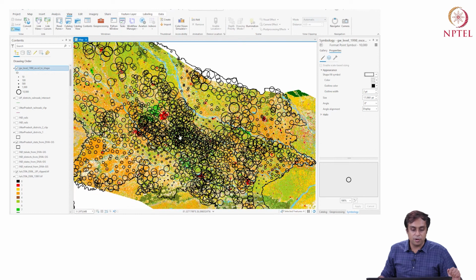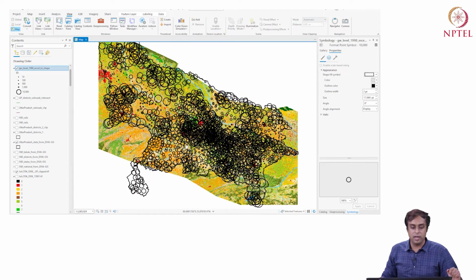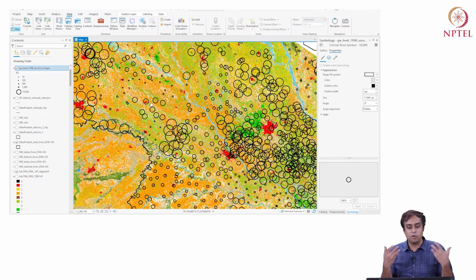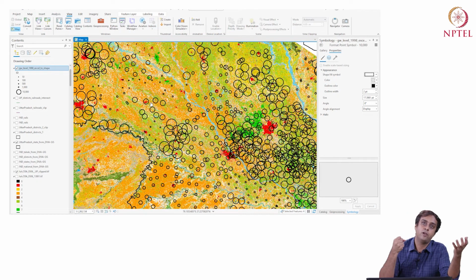So by simple visualization, you can start to make connections between land use types and groundwater extraction or depletion. Of course, the next step would be to formally connect them and run regressions on how groundwater levels depend on land use types.